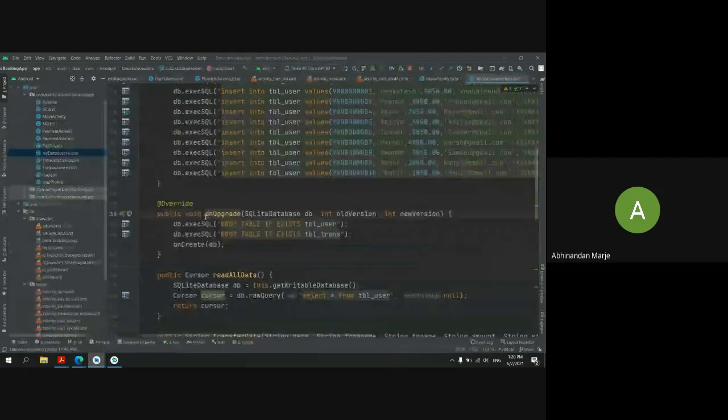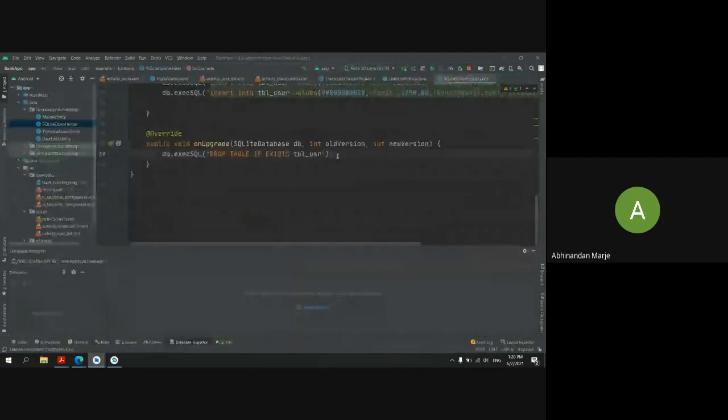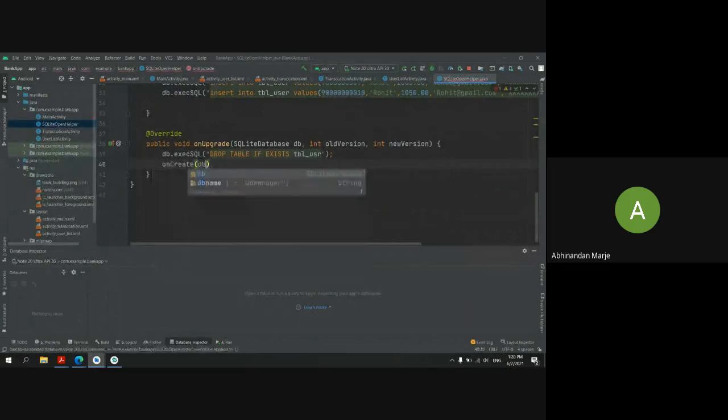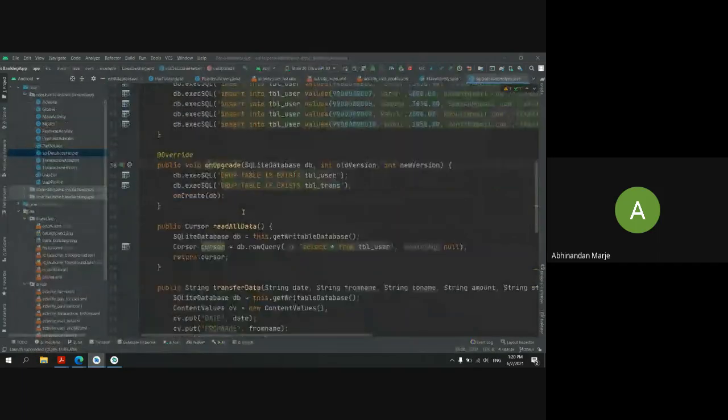Yeah, on create database. Now code. Yeah.